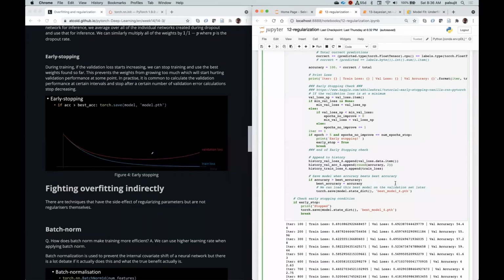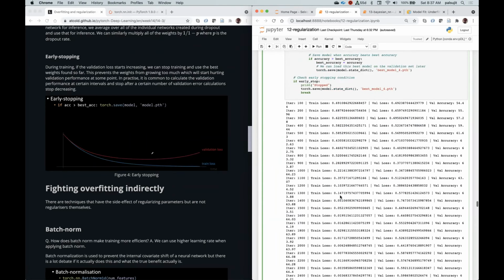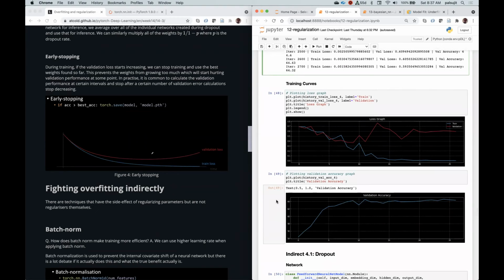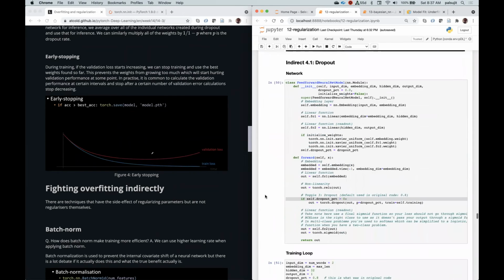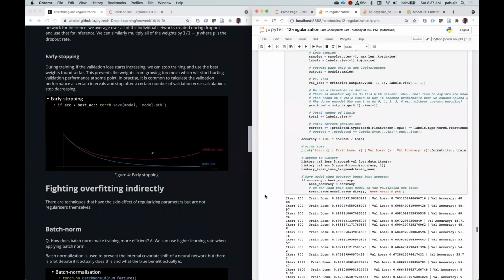If the condition is satisfied, then early stop is true. And if early stop is true, it breaks out of the training loop, right? And you can see that it tries this, and as it flattens out, it basically stops, right? So that was the early stopping. And